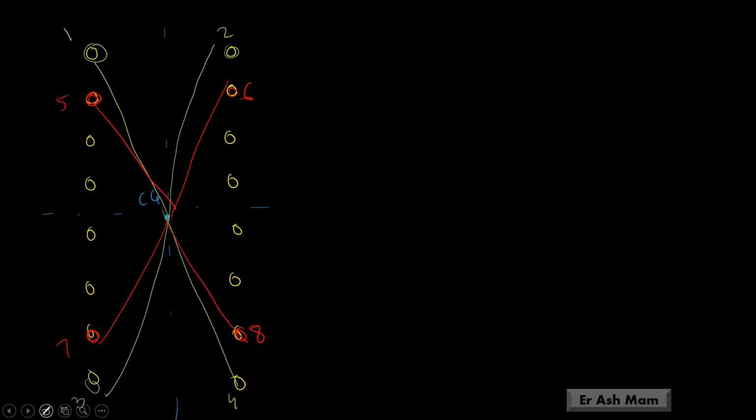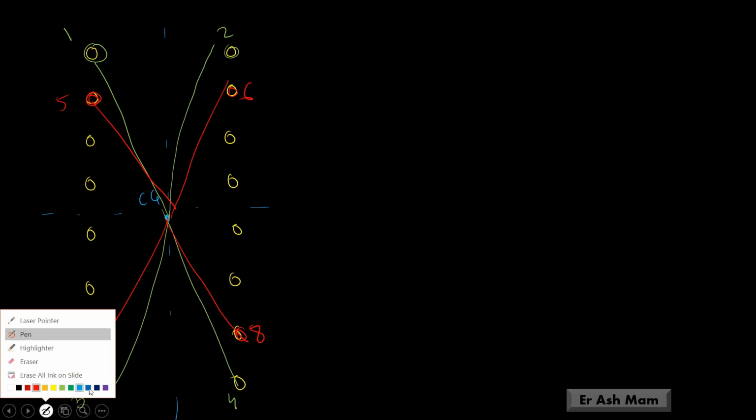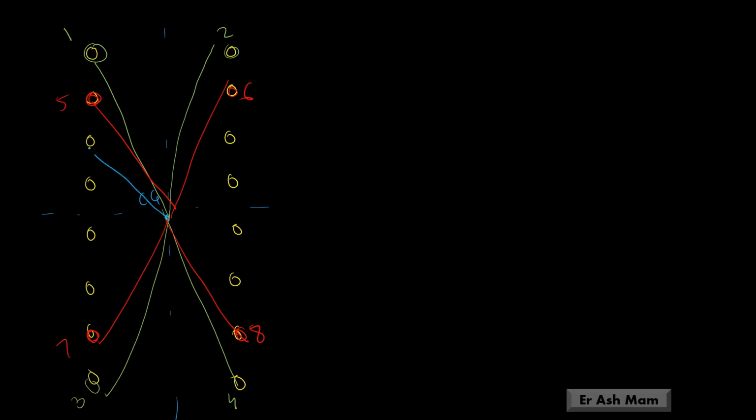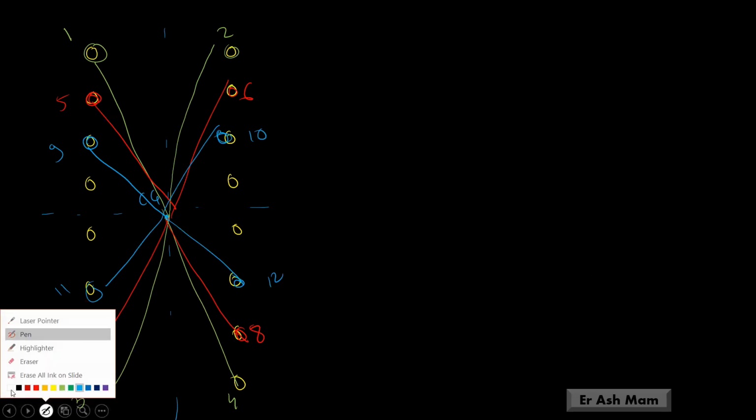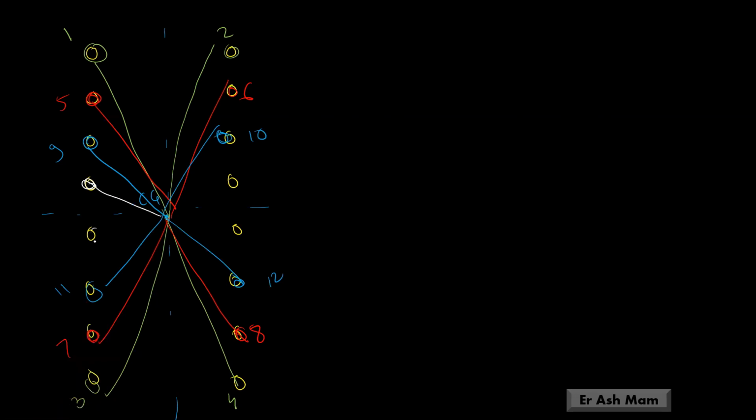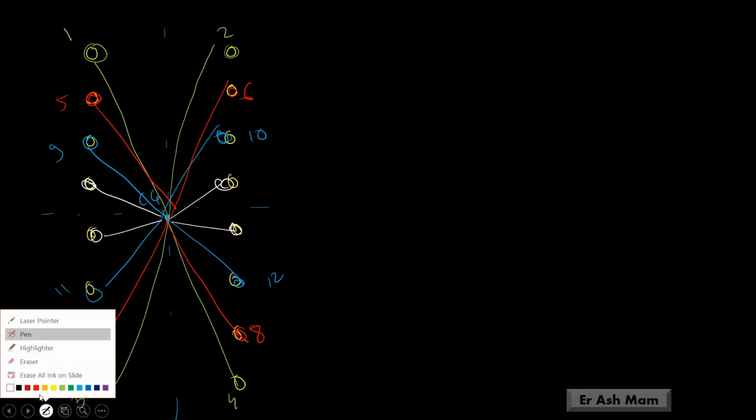Correct? Next, sky blue color, these 4 bolts: 9, 10, 11, 12, same distance from center. And last, white color bolts, all at the same distance. So we can consider only one side and multiply it by 4, then we will get all 4 distances. The formula is